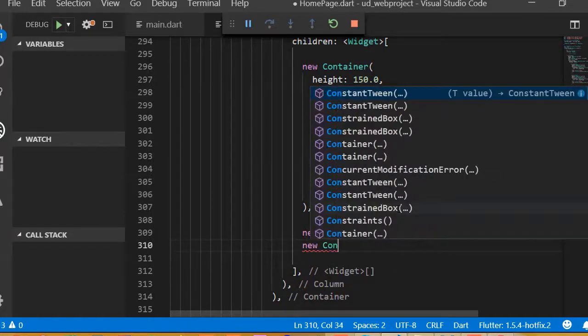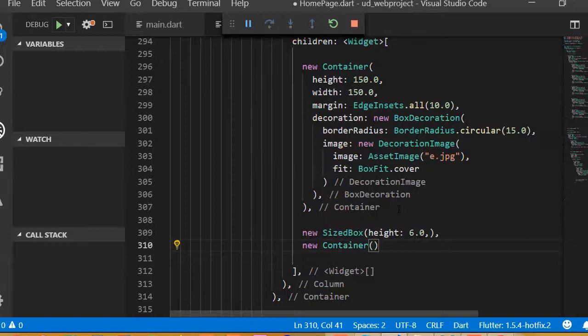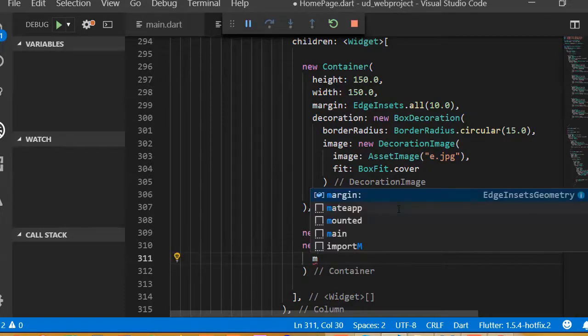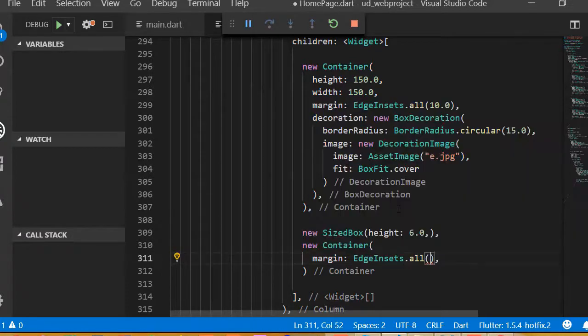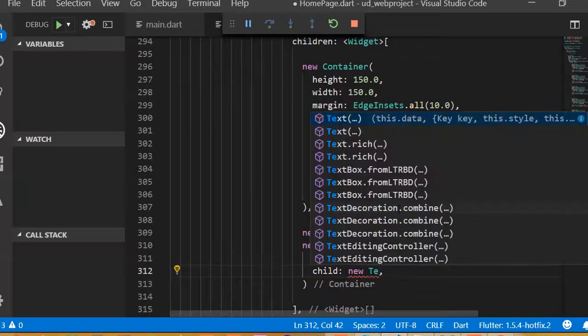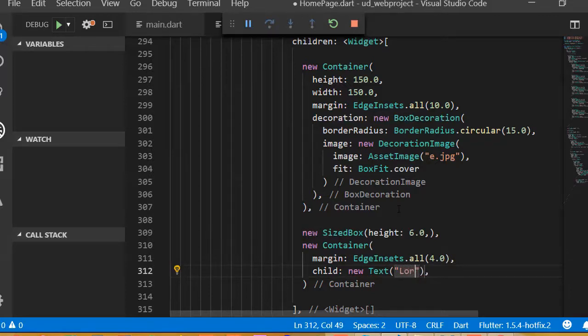So new container, add margin as inset all, I can say 4.0, and child is going to be new text, and I can say the Lauren